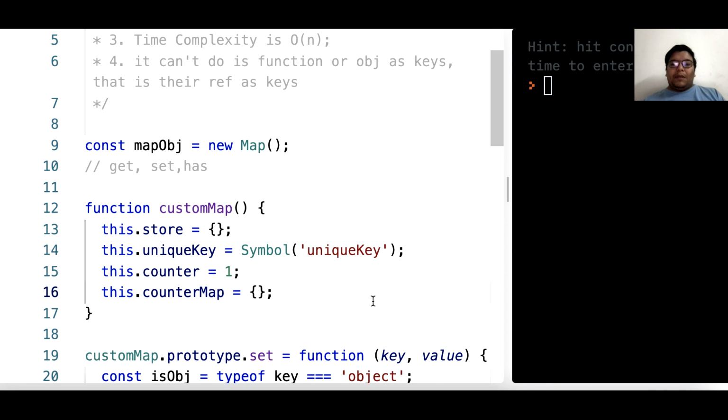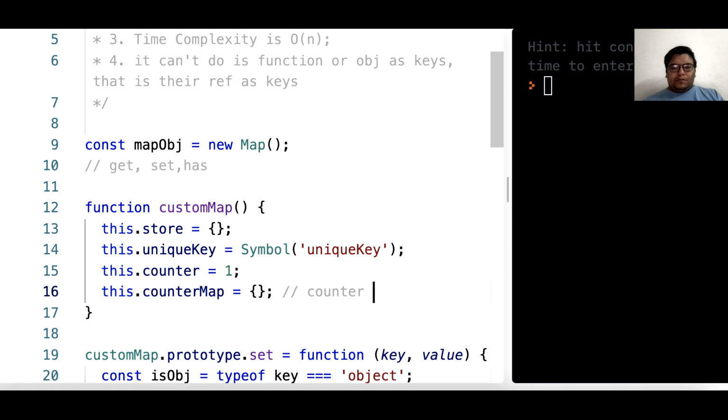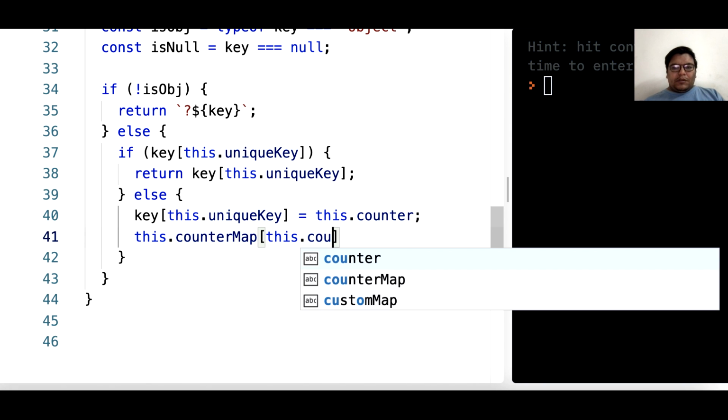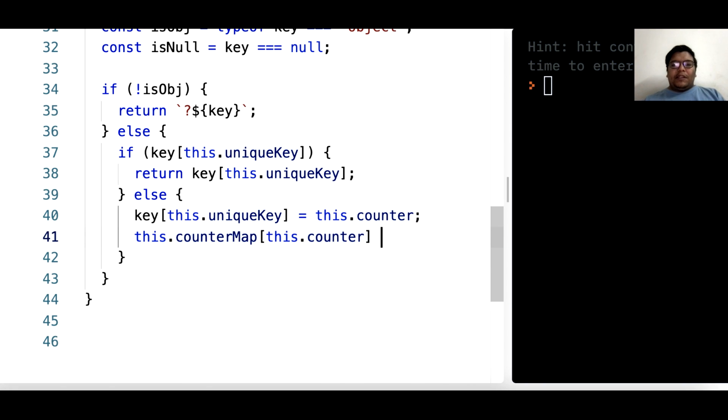we can have another map, counter versus its value. So if we are adding this counter, now in the counter map, what are the current values of it.